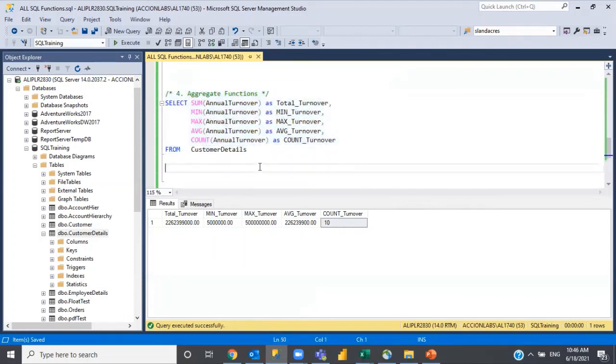In the next class, I will explain in depth how to use these aggregate functions. Right now, we have just seen how to use them in a select clause, but we will see how to use them in WHERE filtering conditions and how to group this data in various scenarios. Thanks, everyone. We'll see you in the next class.